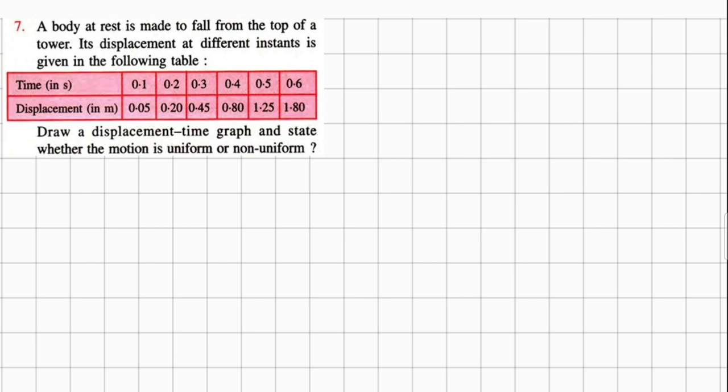Question number 7. Time displacement is given to you. You have to plot the graph, displacement time graph, and then after plotting, you have to state whether the motion is uniform or non-uniform. Let us plot. But before that, if you have issues with the decimals, you can do one very simple thing,